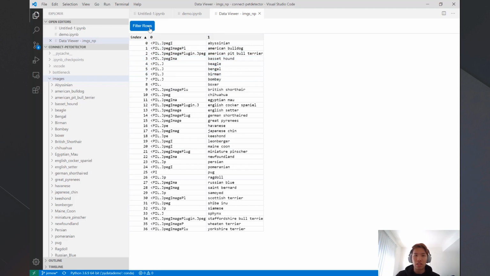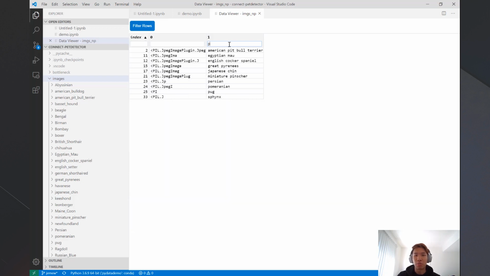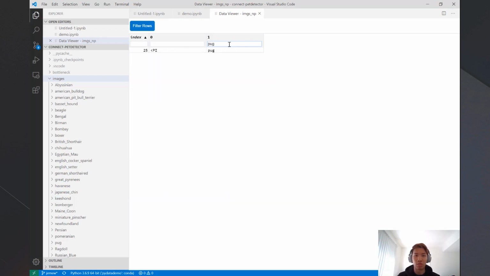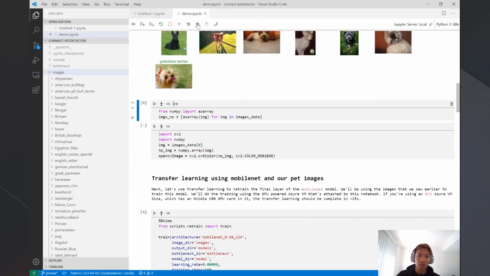Another feature we have in this is the ability to filter rows. This is a more trivial example because there's only 37 different categories, but let's say you had thousands or even tens of thousands of rows of data. If you want to filter your data, you can just click on the filter rows button and search for what you want. So let's say I want to ensure that my data set had a pug in it. I can search pug and I can see, oh, there's a row for that. So if I close this back up and go back into our notebook,